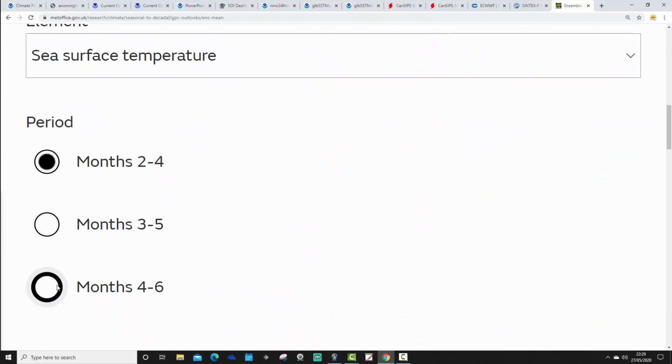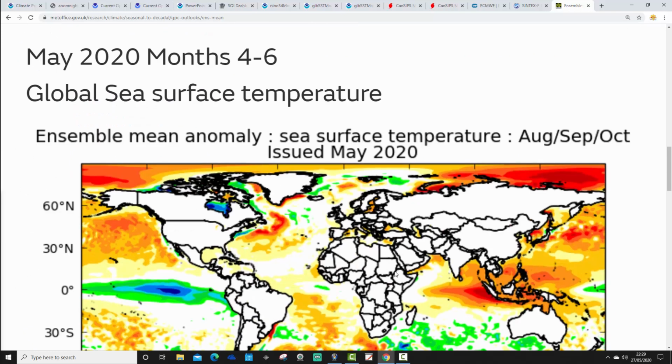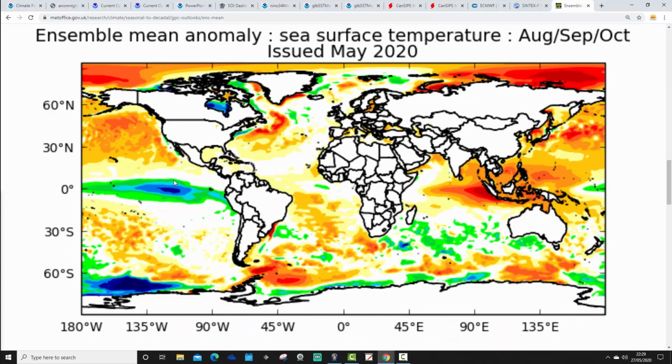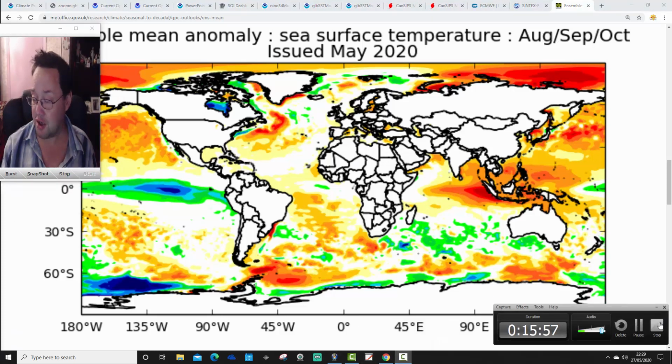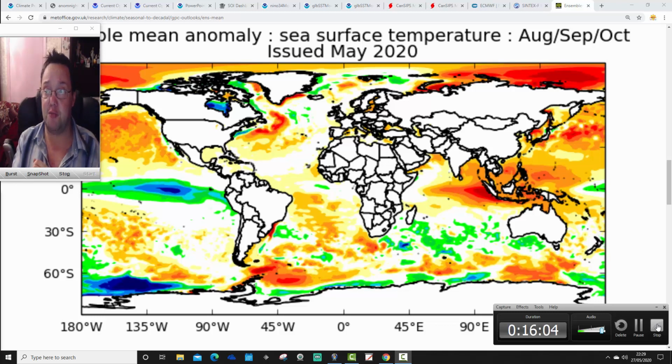Let's see if we can go on to months 4 to 6, which takes us into the autumn. And yeah, that's a proper La Nina signal that the UK Met is going for. I think out of all of these models, the UK Met is probably going for the strongest La Nina of all. So it looks like it's on its way to me. I mean, something could happen to stop this, but at the moment, it looks to me like we are firmly on our way into a developing La Nina signal, and we're likely to see this developing further through the summer,